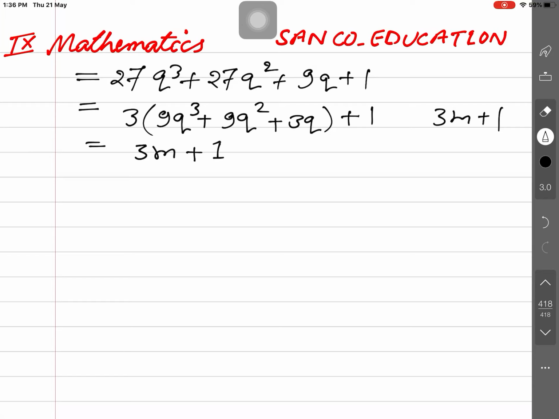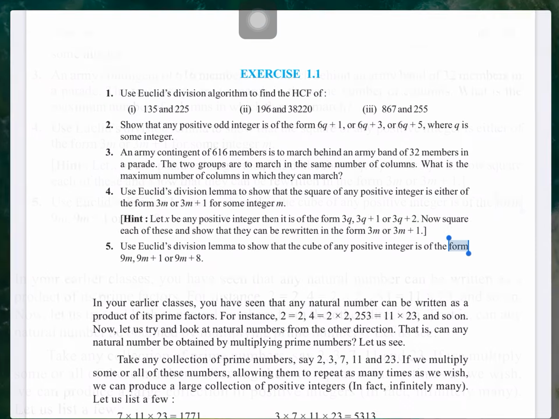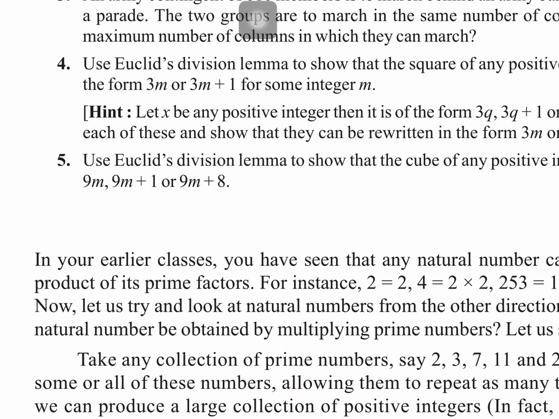Why will this be a positive integer? In the beginning of the question I have explained q is positive, and cubing, squaring, and any power when raised for any positive integer remains positive. Now here we obtain 3m plus 1. This is a positive integer, and we have done the cube, and we obtain the format 3m plus 1. So similarly for a equal to 3q plus 2. Why am I writing this 3q plus 2? Go on to the solution of the question. What is the question there? Yes, 9m. Listen, there is the 3m form.